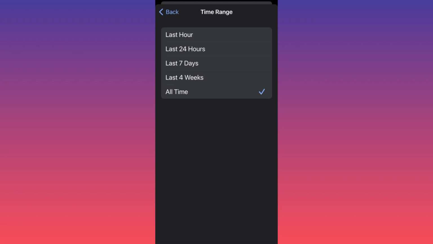Do you want to delete it all at once, any search queries that you ever put? Or you want to delete something recent like the last hour, last 24 hours, last week, or last 4 weeks? So you can see that there is a disparity between a month and an hour, and you can actually delete all of your search queries in history. But this is how you essentially clear your